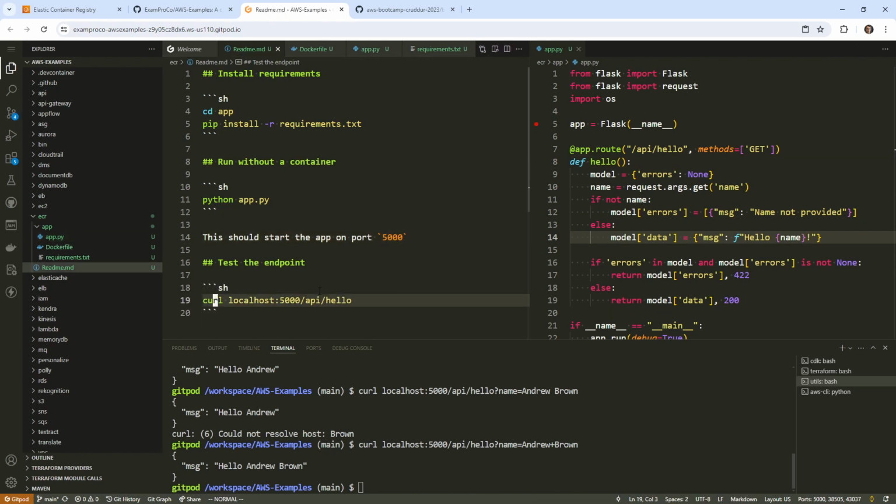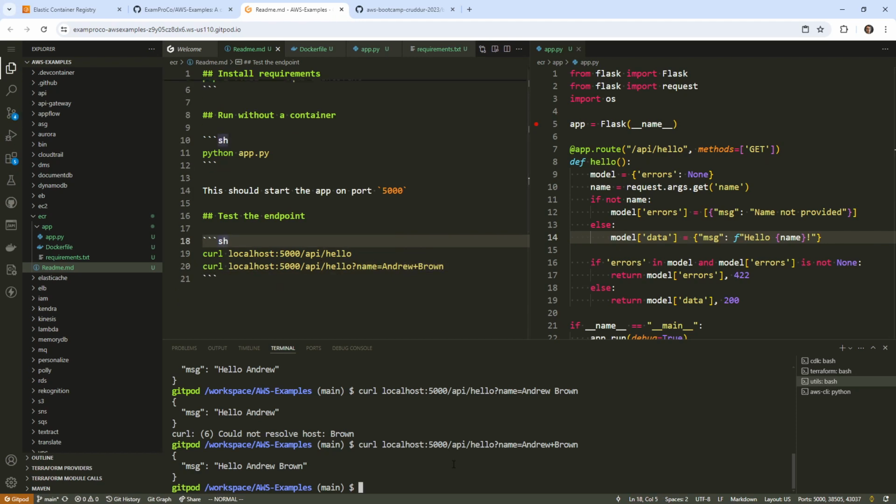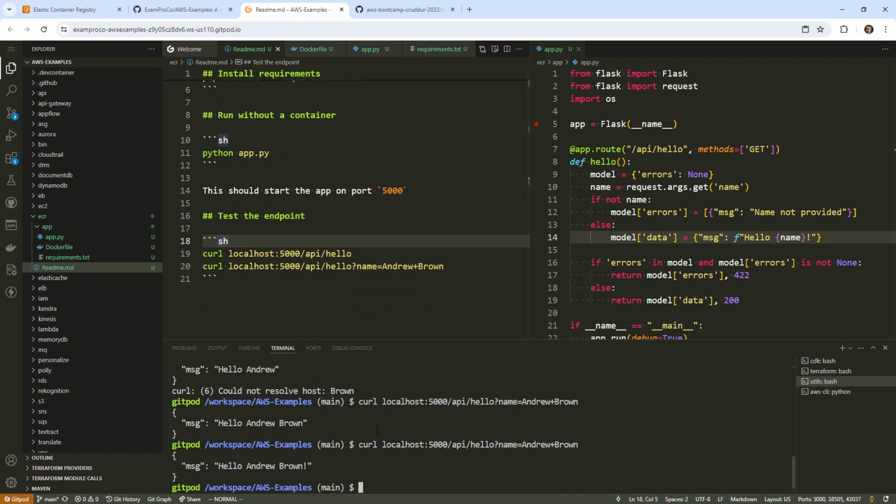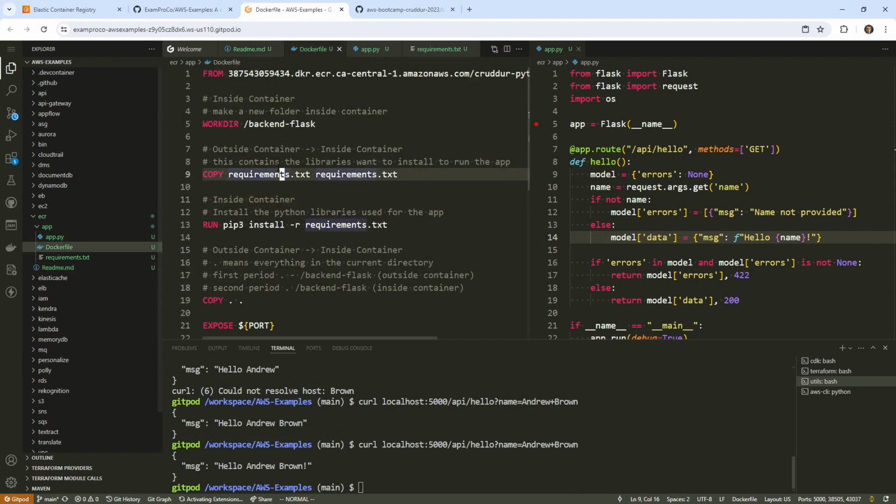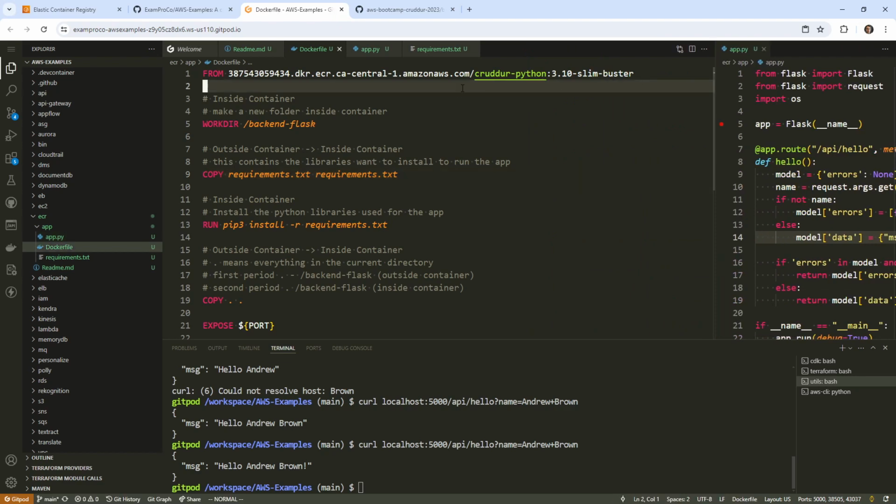So we'll go here and we'll have this and we'll have name equals Andrew. Okay, Andrew Brown. All right, so now that we have our, I'm going to test it one more time. Now that we have our working application, we want to containerize it. So I have this Dockerfile, and generally when you have Dockerfiles, you want to have some kind of